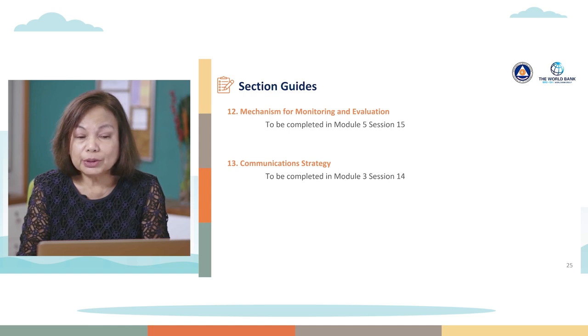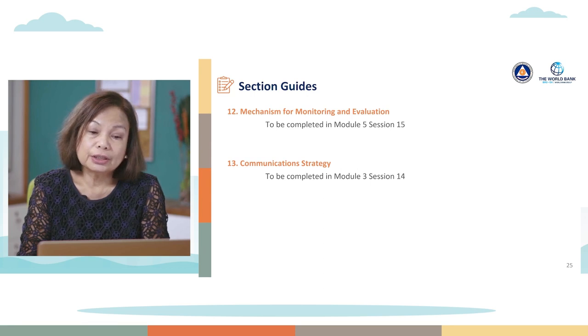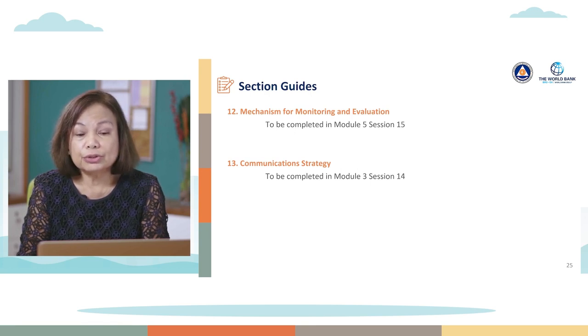So if you will recall, I mentioned that there are 13 components of the Rehabilitation and Recovery Program. We have discussed 11 components. Now there are 2 remaining components, and these refer to mechanism for monitoring and evaluation and the communication strategy. We will not be discussing these two components, as this will be discussed in greater detail in subsequent modules or